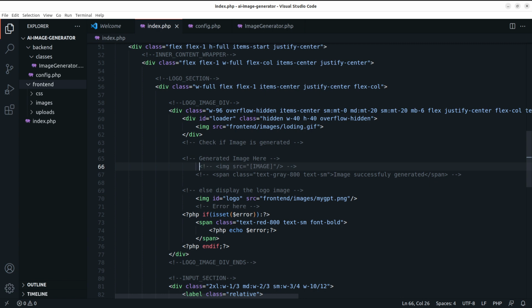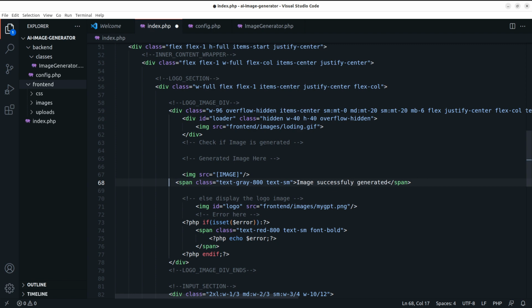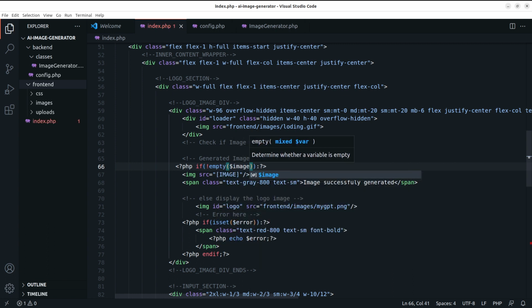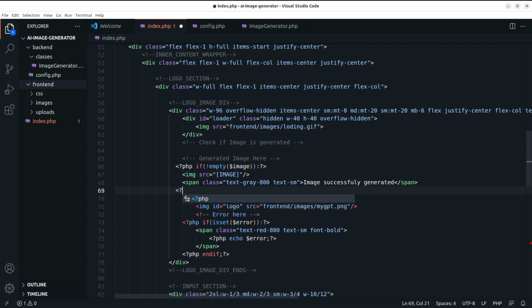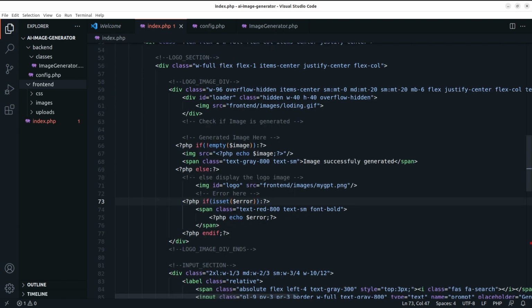Let me just uncomment this and this as well. So right above here, we're going to create an if condition. So we'll say open and close PHP tag, say if not empty our image variable we created above, and then we need to display the image right here. Let me just create this right here. We'll say else display the error right below here, but here we need to echo our image. So we'll say echo image variable, and after the logo,